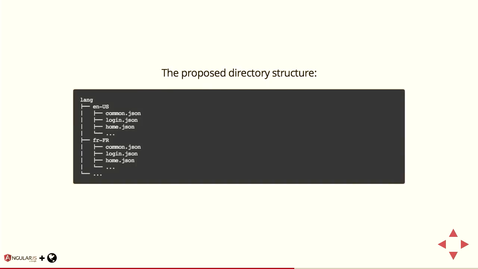Right? So it would look something like this, where ENUS is basically, think of it as your dictionary. And within your dictionary, each of those JSON files is a partial. So your login.json will have maybe only like 15 or 20 strings, and your home.json might have 100 strings. And if you find that your home.json has 1,000 strings, then maybe, if you have like 6 widgets on your home page, each widget will have its own .json file instead of just having a large home.json file. So yeah, you could, in theory, have like 10,000 strings and have 10,000 different JSON files,